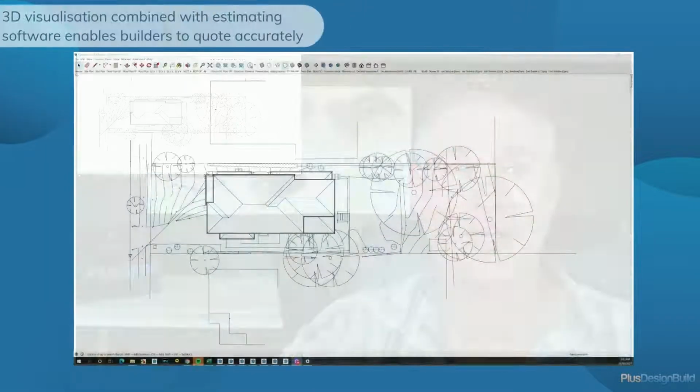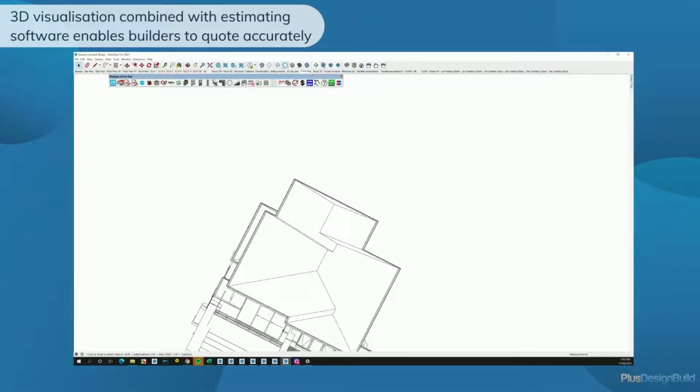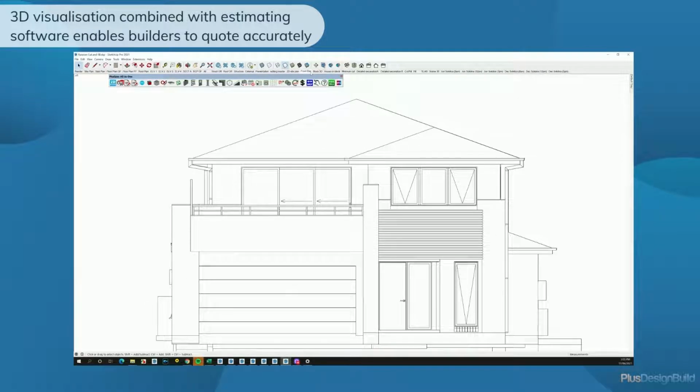So just check this out. What we have here is a typical site plan. This is of a house. It's a 2.5 meter sloping block. And basically where a lot of things go wrong is the architect would usually say "to be determined on site." And therefore you have a lot of trouble figuring out how a 2D plan will actually fit on a 3D block. And "to be determined on site" makes it impossible for you to ascertain a fixed price